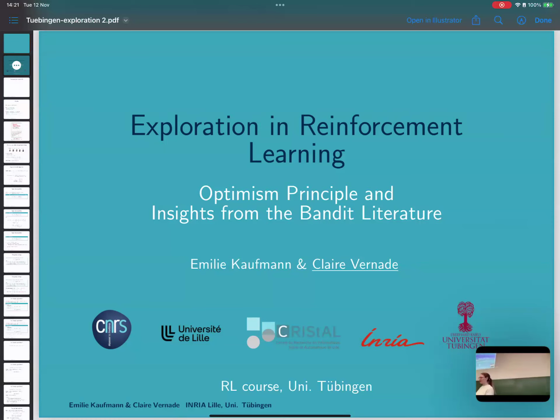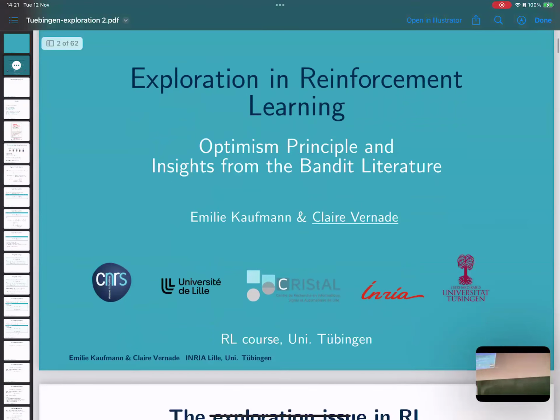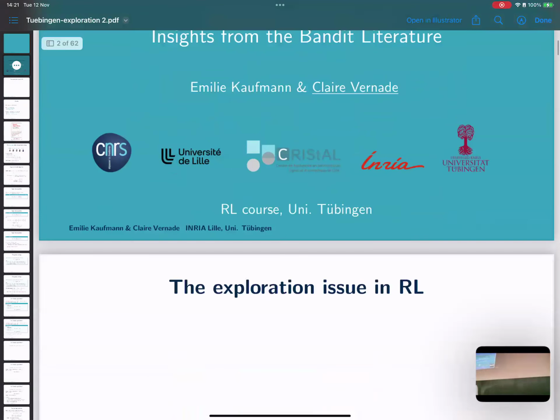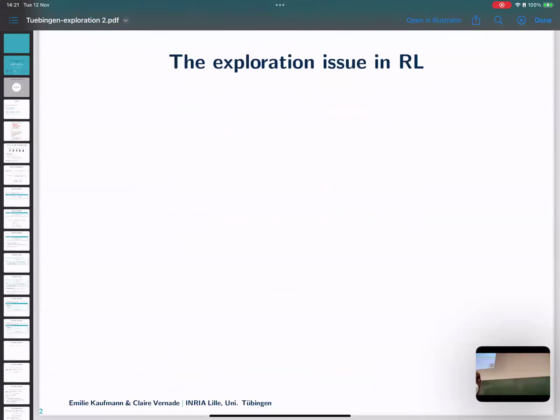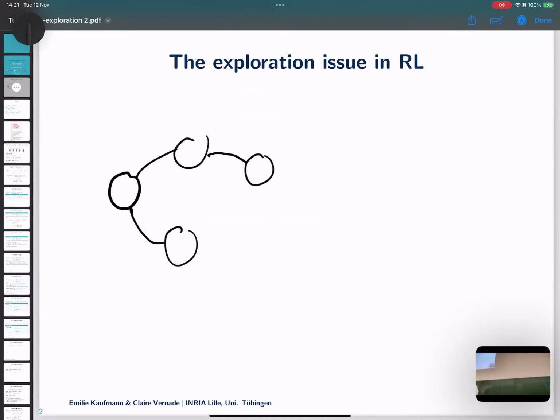So let's just get started, and let's first clarify what is this problem with exploration. So far, this is lecture 4, lecture 5 of this RL class, so I'm assuming you're already familiar with MDPs. In MDPs, you have an MDP like this, and it can be some sort of graph. It could be something like this. These transitions are randomized and they depend on the actions that you take.